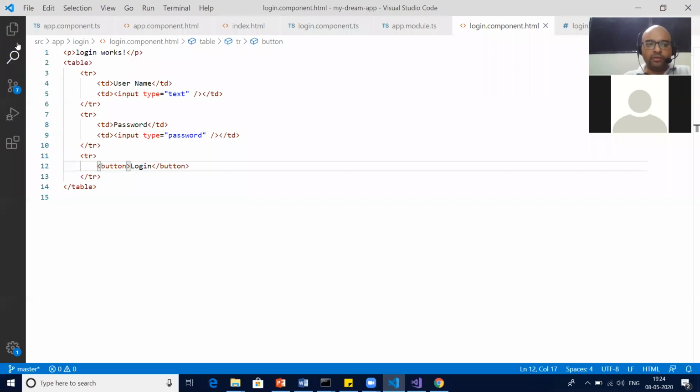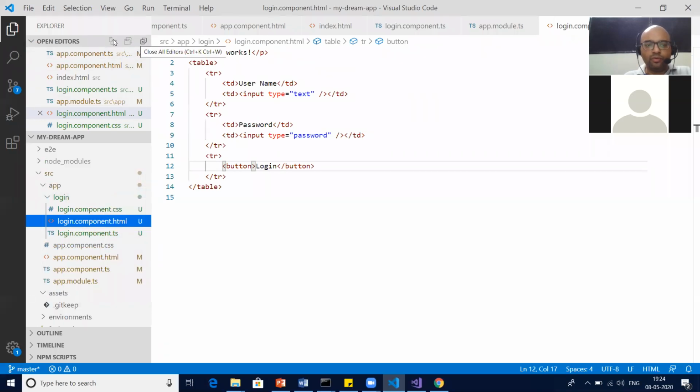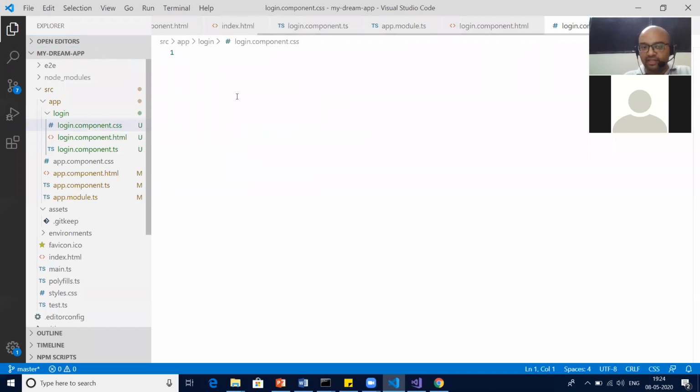Sorry. So to add a little styling, what I can do is go to the login CSS file, the style file, and there I can create a class. I can say box class.